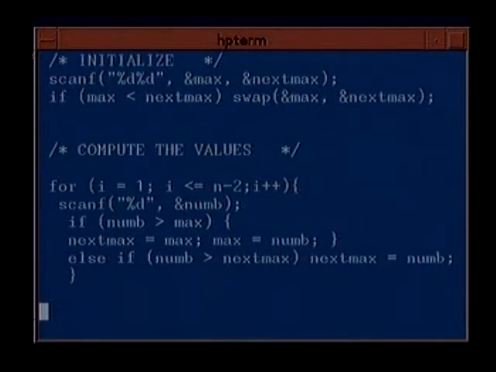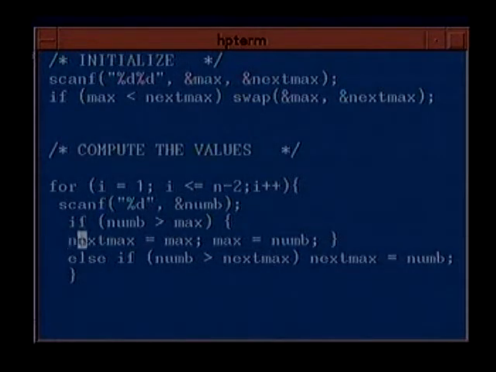And here is exactly the code I wrote down on that piece of paper, but here there is a slight modification. Since we are reading two numbers, I have done i less than or equal to n minus 2. You could easily modify it to do the other things and put all the checks. Scanf num, if num is greater than max, then next max is assigned max and max is assigned num.